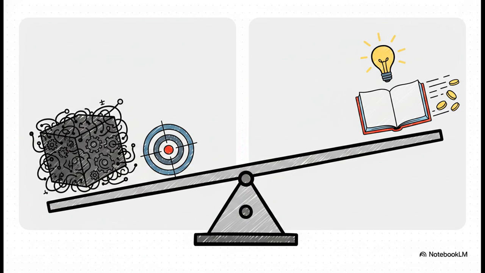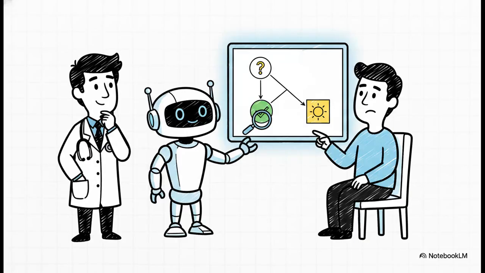On the other side, you have high interpretability. These are simpler models that catch simpler patterns. They're super easy to explain, lightning fast to run, and much cheaper computationally. The catch is, you usually can't maximize both of these at the exact same time. Let's ground this in the real world. Imagine you're running a hospital, right?